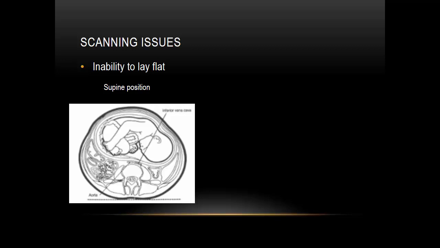Another issue that comes up is inability of the patient to lay flat, and that's because your fetus and the uterus with the fluid and placenta compress on the IVC. So this is as if you're looking from down, up. And so you have your aorta and IVC, and then there's a lot of pressure when a patient is supine on the IVC, and once you compress the IVC, the venous return is hampered,